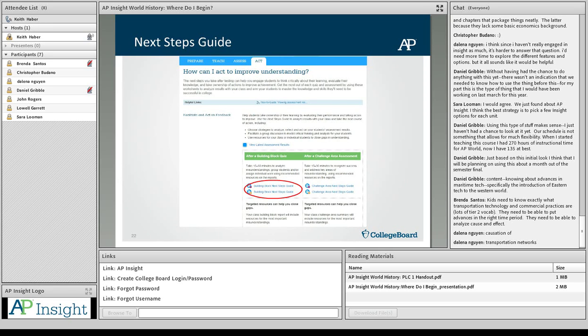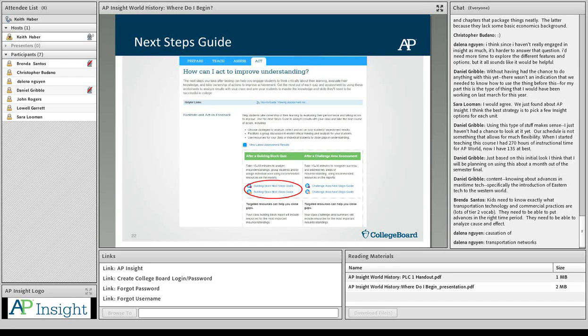Now we can either create materials or find materials; there are a lot of different things out there for us. The other thing is going back to AP Insight and saying, okay, let me pull some of the building block materials so I can make sure that I am getting the students prepared and being able to help them and me analyze the misunderstandings, putting them in groups,